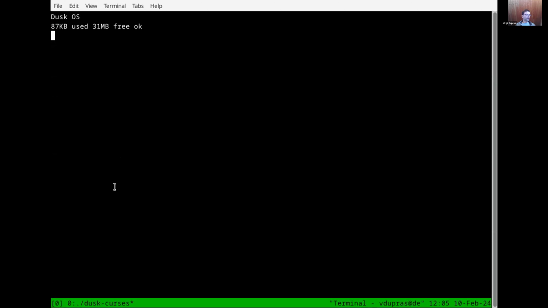So first of all, tokenization. I'll open the file here. All right. So you'll remember that this is the C file that we're trying to tokenize.